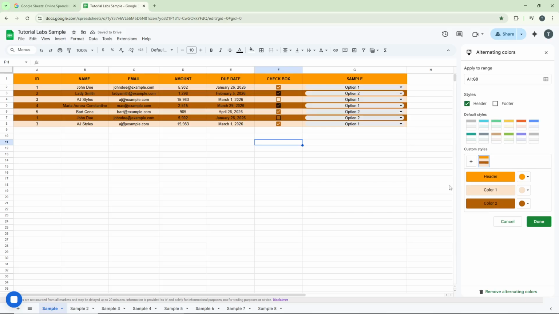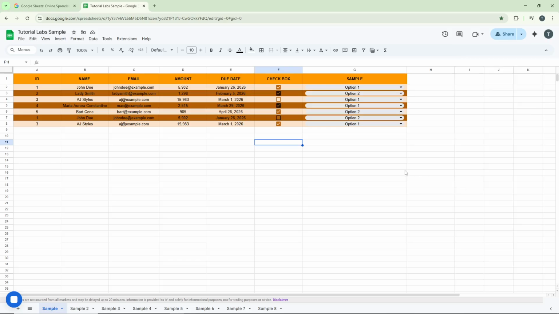Once you're satisfied with your color selections, simply click Done at the bottom of the panel. And there you have it. Your Google Sheets spreadsheet now has beautifully alternating row colors that make it much easier to follow data across rows